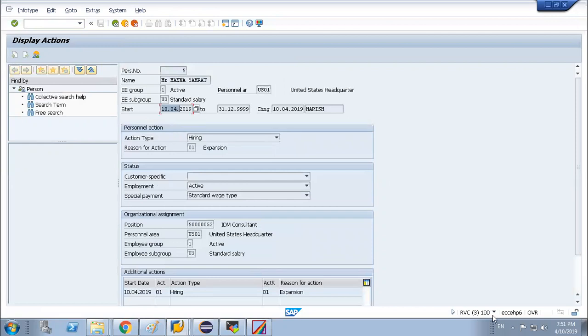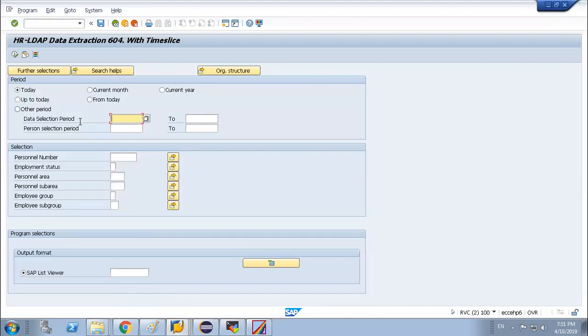So it will take the system date. Let's say it will be today's date. So whatever users start from today, that information will be taken. So this is the date period for which we are trying to take the data.